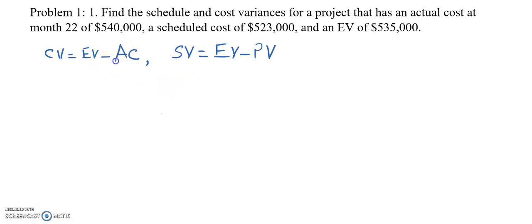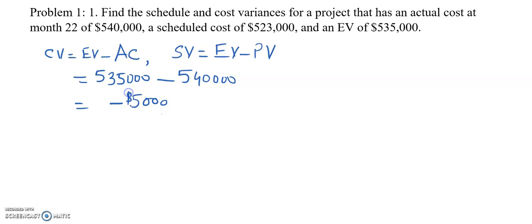Okay, so earned value is $535,000 and the actual cost is $540,000. So in this case, the simple mathematics shows that it is minus $5,000. So the cost variance is minus $5,000. And then the schedule variance we can find as schedule variance is equal to earned value